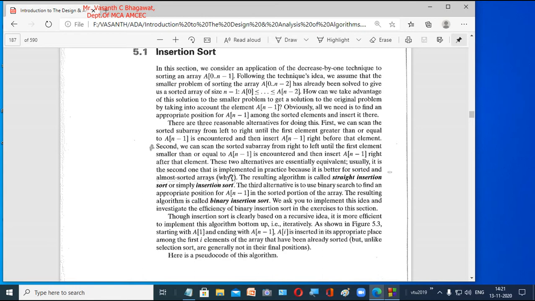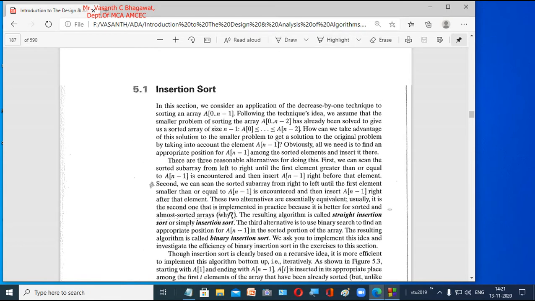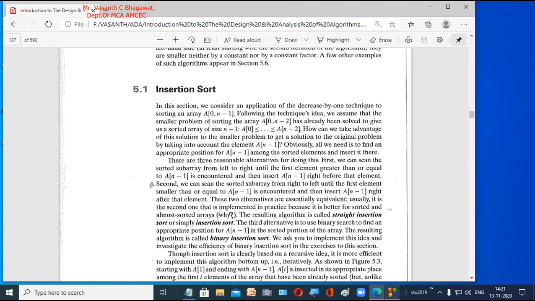So today we are going to discuss another interesting problem. Actually, it's a sorting technique called insertion sort. You have studied this in our theory part. Insertion sort comes under the technique called decrease and conquer, right? We have seen the brute force method, and divide and conquer, which was another technique. Now we have another technique called decrease and conquer. So insertion sort comes under decrease and conquer.